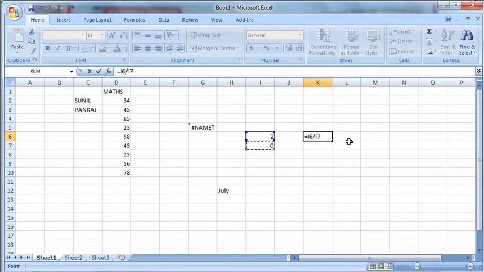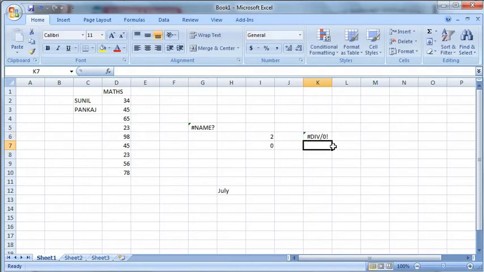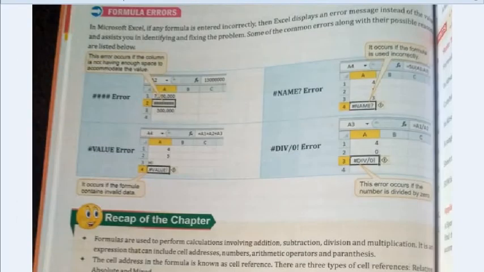So we have written cell addresses. See, this error we got. So this is when we divide any number by 0. So this way we can see different kinds of errors, right? These 4 types of errors we have seen, right?